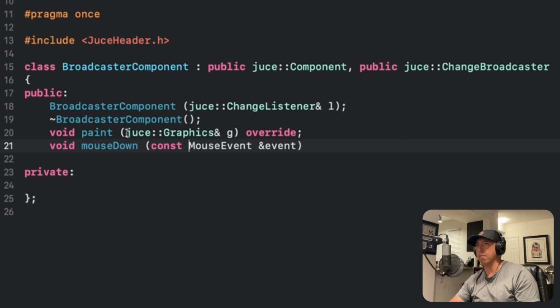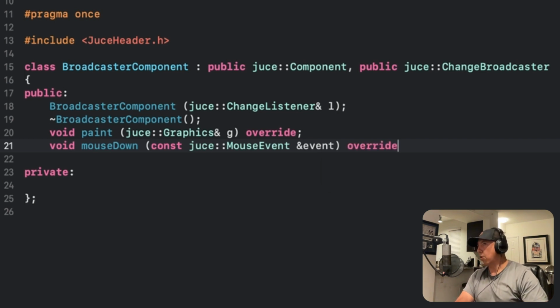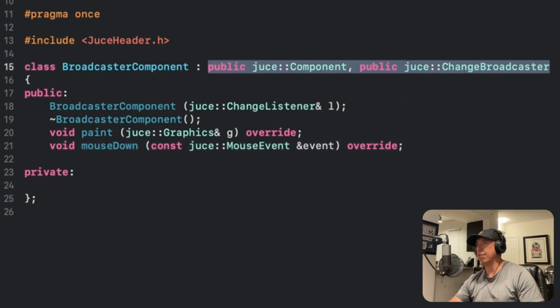Once again, I'm choosing to use the JUCE namespace. It makes things a little bit more verbose, but I find that it actually keeps us from having any unintentional, what we call, name collisions. And once again, I'm using the override keyword, and this is showing any people who are reading this code that we are inheriting a function from one of these classes that we've inherited from. Okay, so